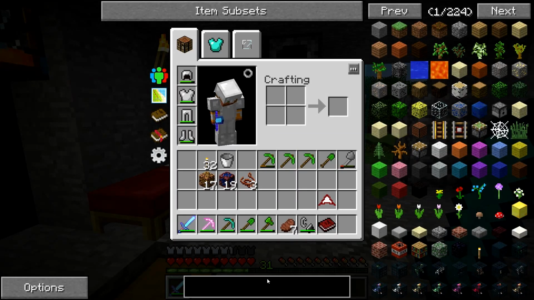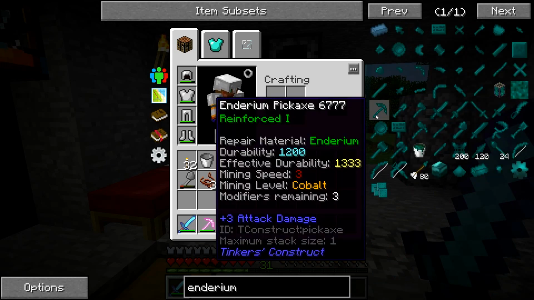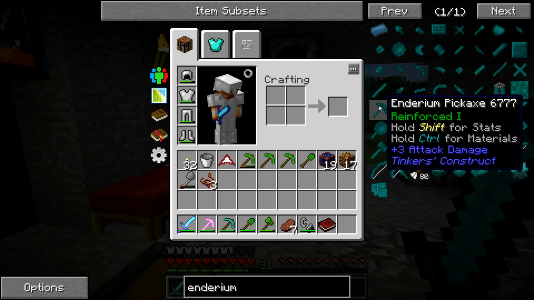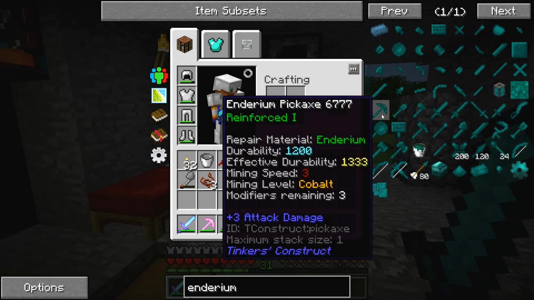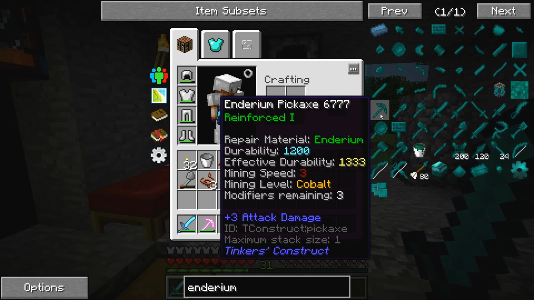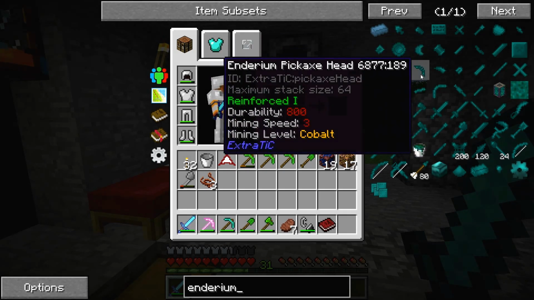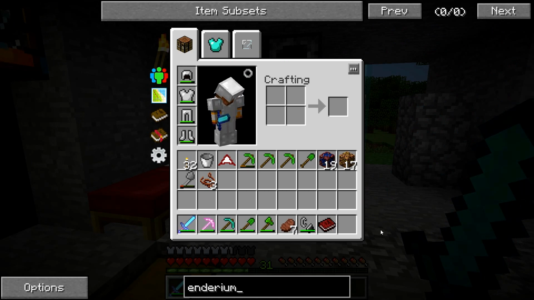So I was looking at Enderium, which is another material we can use to make Tinker's tools, and I was sure that the Enderium had the fastest mining speed of like 12 or something like that. But you can see here this Enderium pickaxe says the mining speed is 3, and I don't want a 3 mining speed. I'm gonna want something faster than that. And you can see the head is also 3, but if I search Manuland,